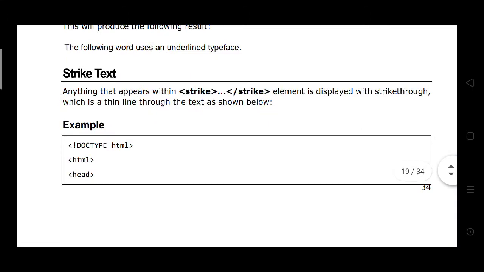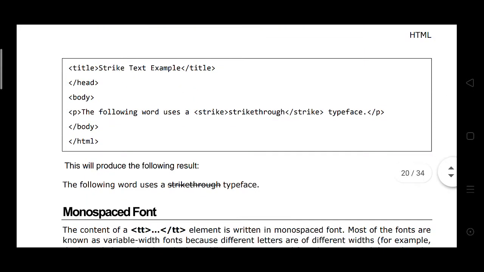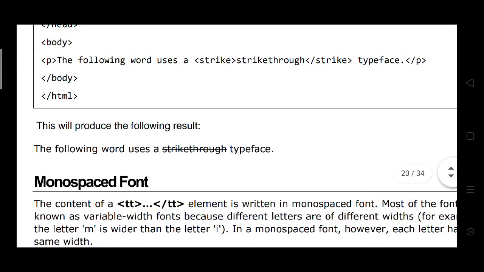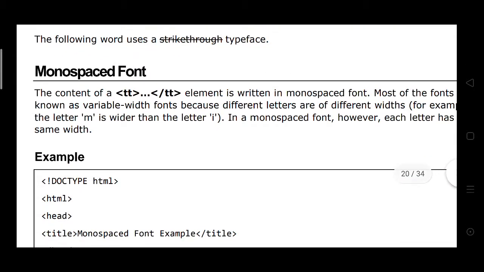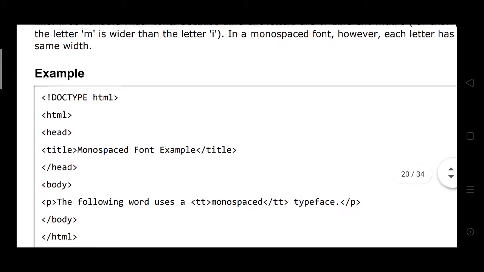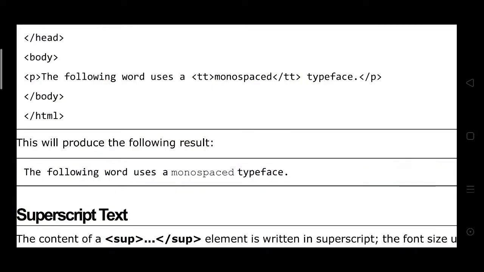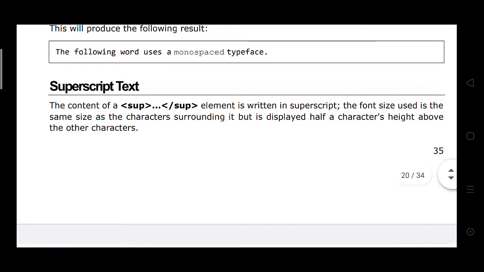Next is strike text, which displays a strike line through the text. Spaced font displays in a light shade compared with the other text.